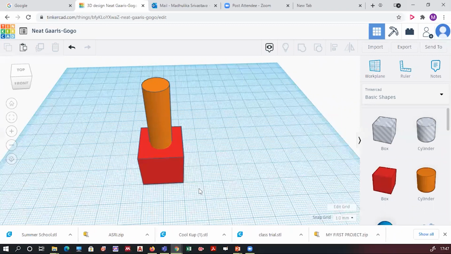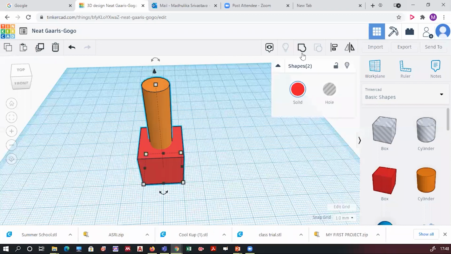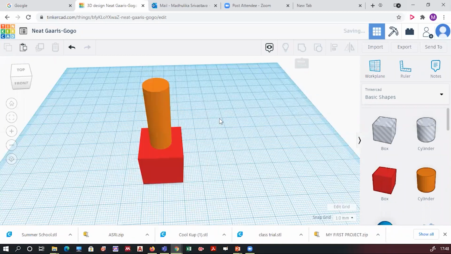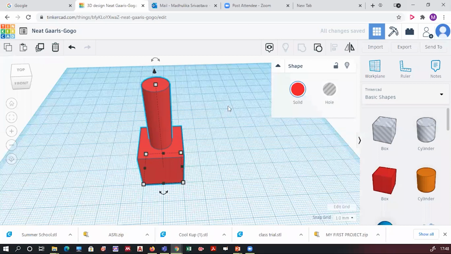grouping. Once again I can repeat it. You have to select, press the left key of your keypad or mouse, and then click on the third option, group. These options get activated. You will see them in black. So the option group will be activated. You have to simply click on that. If you want to ungroup it, just click on the ungroup option. Now when I'm making the hole, I want all of you to ungroup the object. Please don't group them, otherwise you will not be able to create that hole.